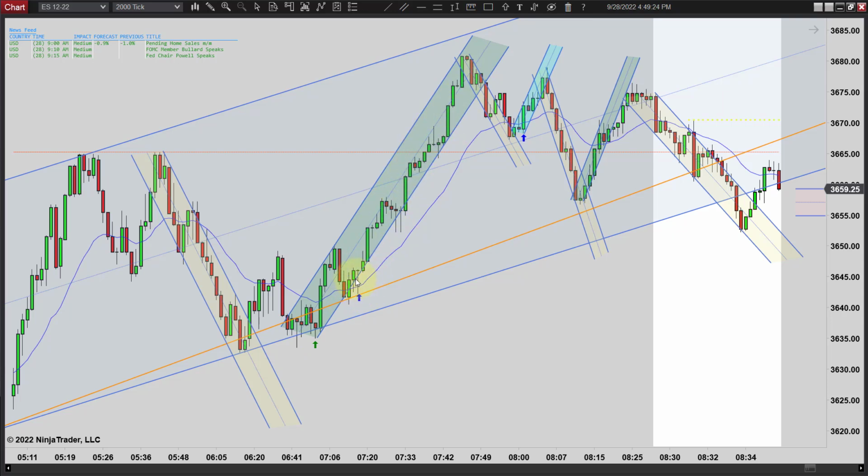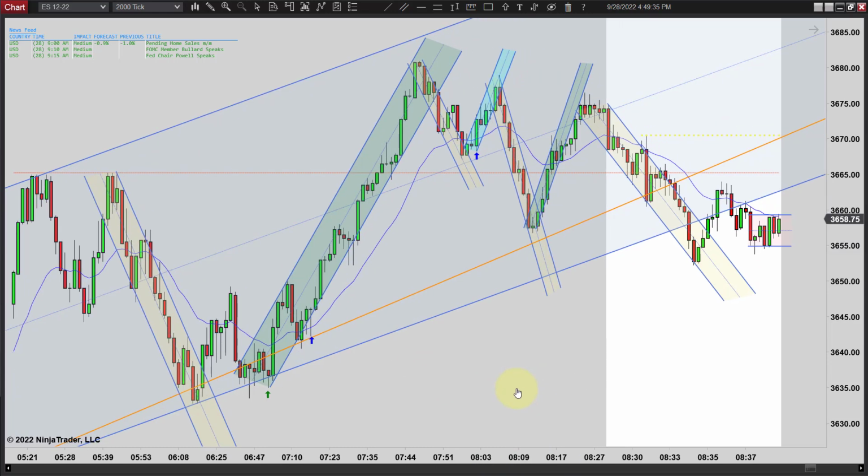And if you were able to, depending on how you played it, if you caught a runner, that might have been all you needed today. This might have been all you needed today, because you definitely probably get a runner right here. So it's a lot of good opportunity right there, right out of the gate.